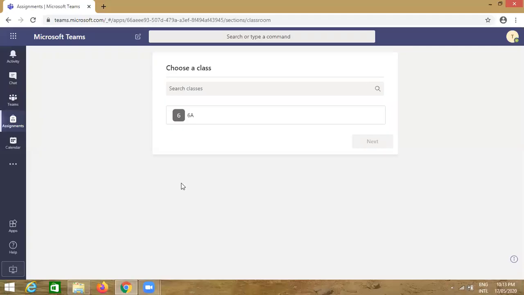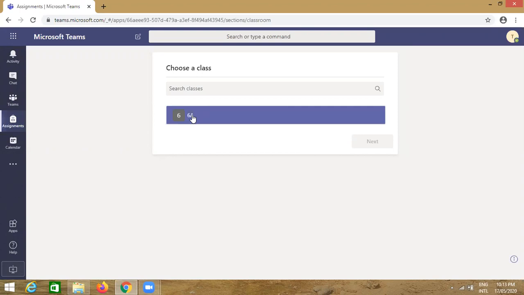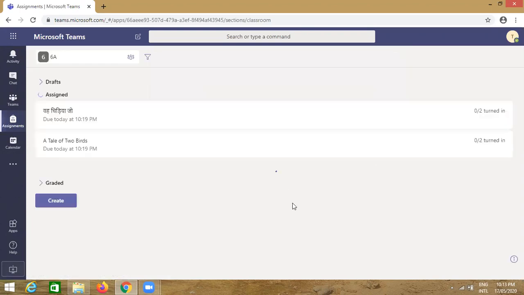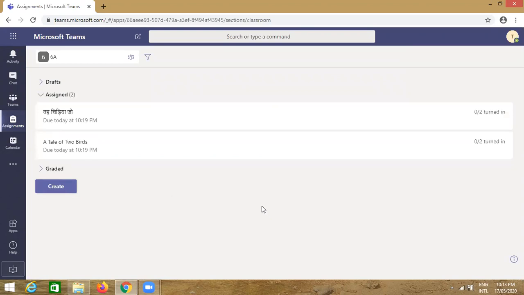How to give a quiz assignment to the students? For this, click on the assignments, then select the appropriate class for which you want to give the assignment, then click on the next. Then click on the create button, click on the quiz.